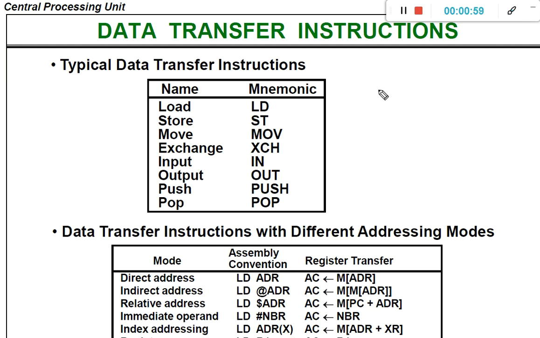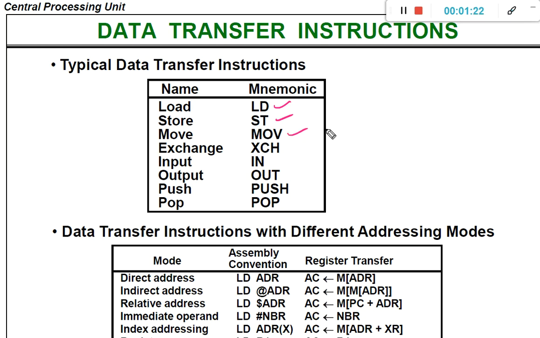As far as the data transfer instructions are concerned, the typical data transfer instructions are the load instruction, which is going to load the content from the memory address. Store instruction is going to store the content from processor register to memory address.